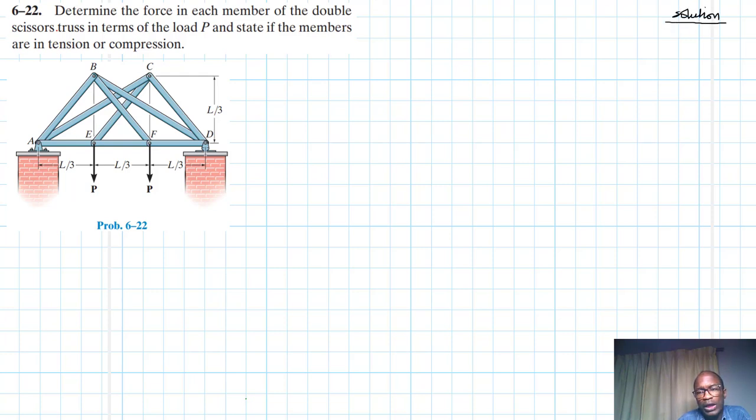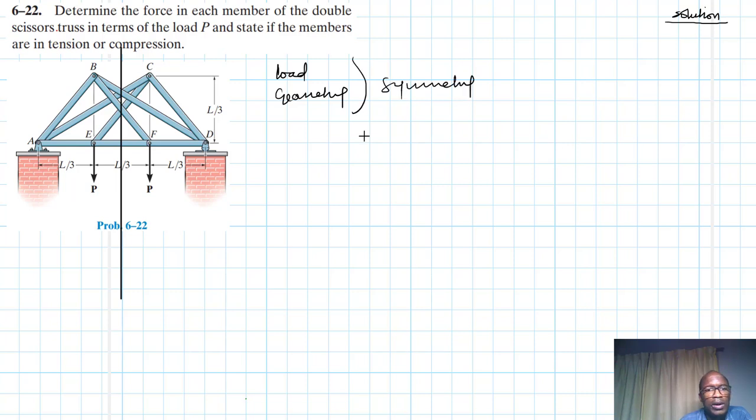Okay, right. So let's inspect our truss. We have a scissor truss and we have 2-point loads at joint E and F. We have a hinge at A and the roller support at D. When you look at this, there is some symmetry about that axis there. So we have symmetry both the load as well as the geometry. Okay, so if we have symmetry, then it means